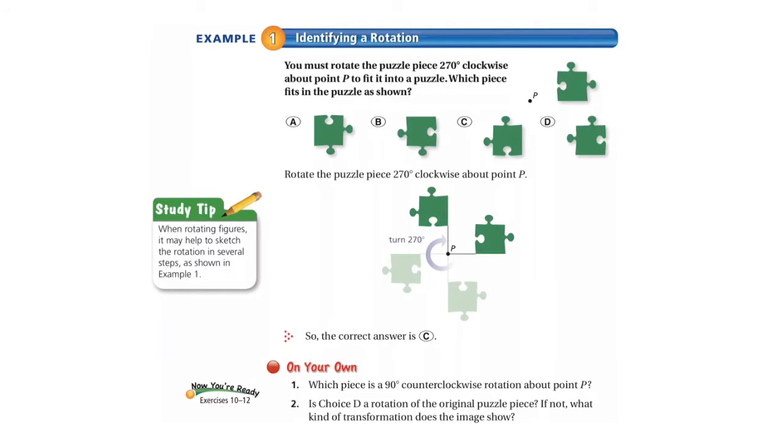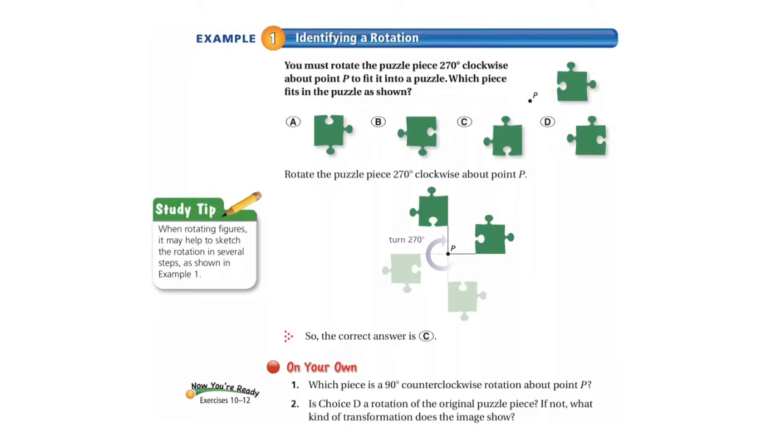So the study tip says, when rotating figures, it may help to sketch the rotation in several steps, as shown in example 1. So notice they rotated it 90, then another 90 to be 180, and then a third 90 to finally be